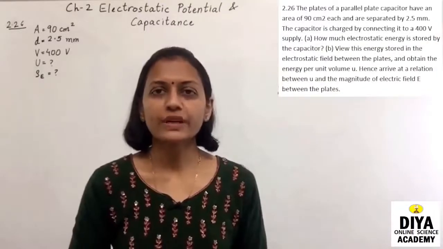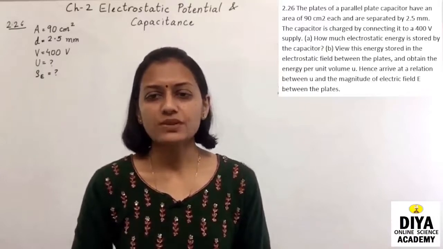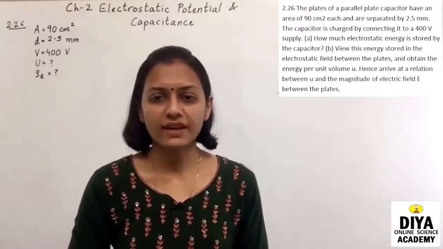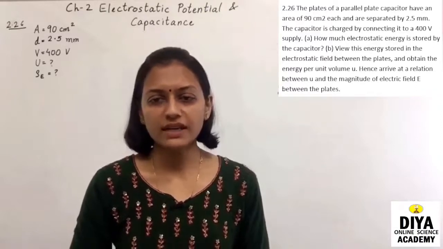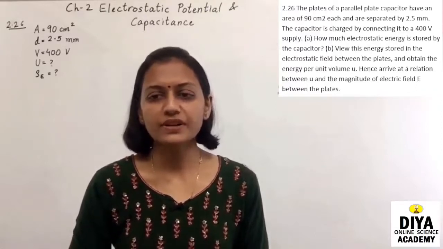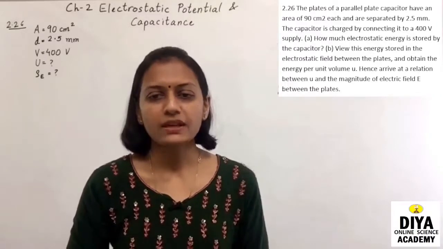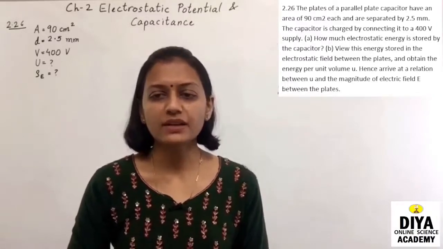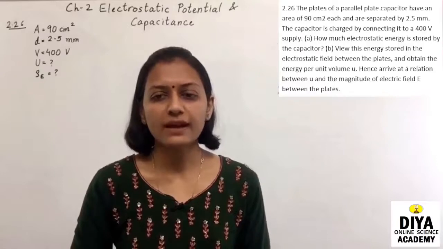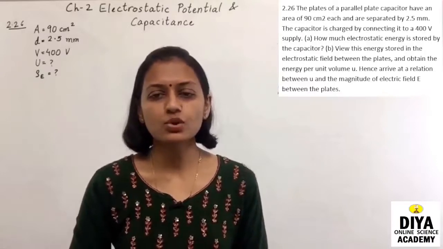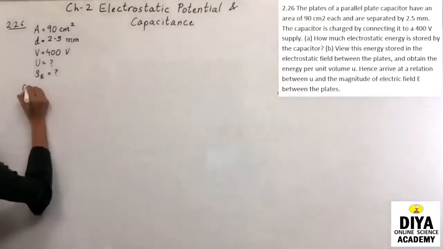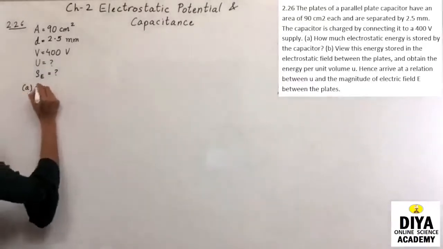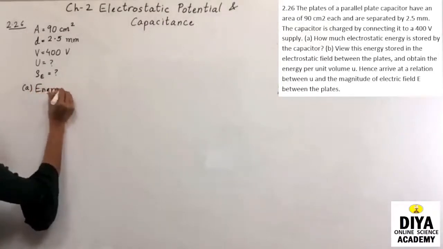Question number 2.26, which says the plates of a parallel plate capacitor have an area of 90 centimeter square each and are separated by 2.5 mm. The capacitor is charged by connecting it to a 400 volt supply. How much electrostatic energy is stored by the capacitor? So for the first answer, the energy stored